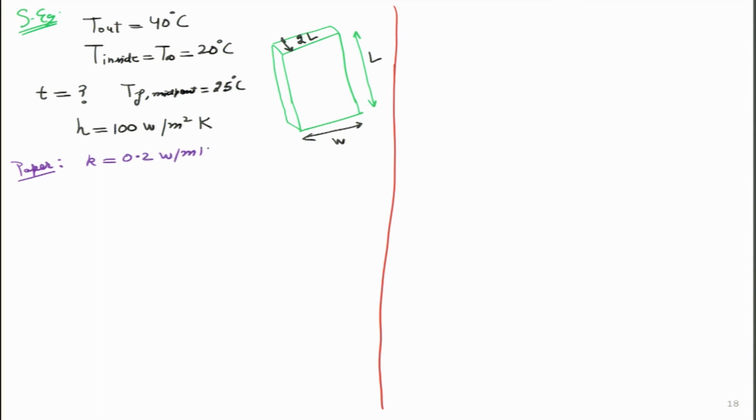The thermal conductivity of paper is actually very low, and the density is also relatively low, 900. The specific heat I found from literature is about this. I have also obtained the value of alpha, because alpha is K over rho Cp. If you do it with a calculator, it turns out to be 1.7 times 10 to the power minus 7, and the units are meter square per second.